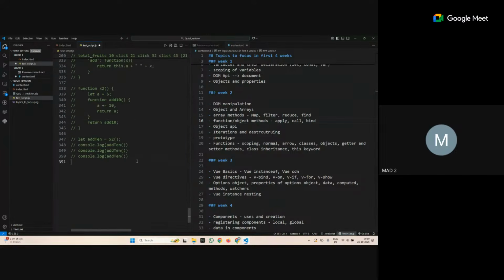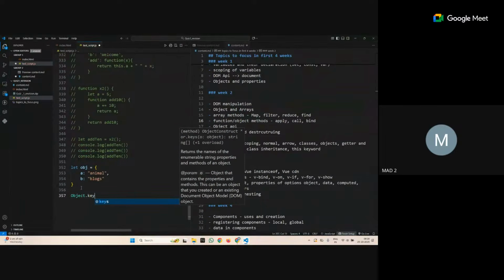So what I was talking about is the object API. For example, if I create an object, let obj equals, you have, let's say, a colon animal. So you create this object like this, and this is anything, blogs, anything. So let's say this is an object. Now, if you want to explicitly access the keys and values of this object, you can write Object